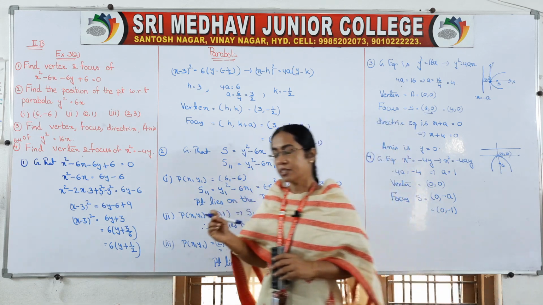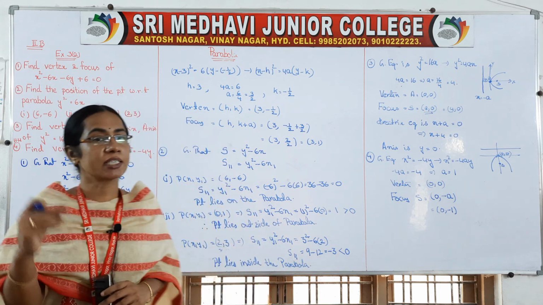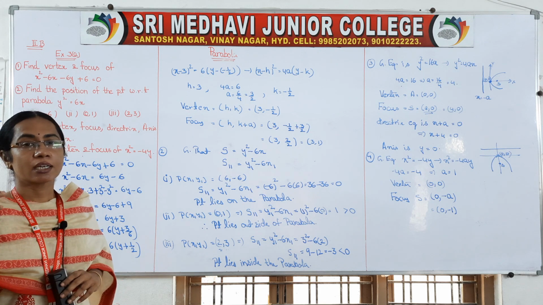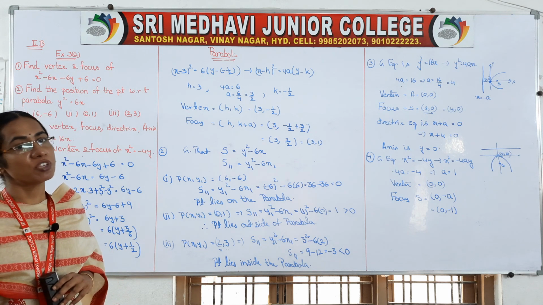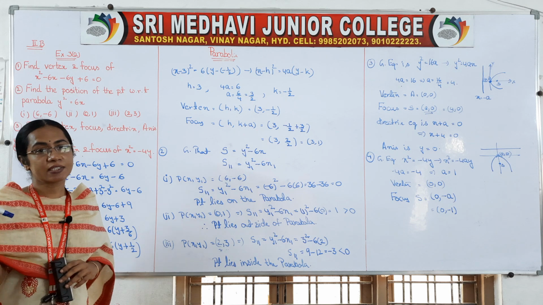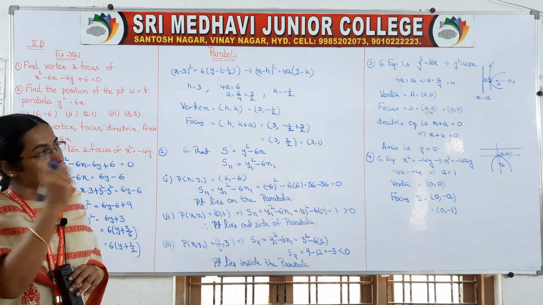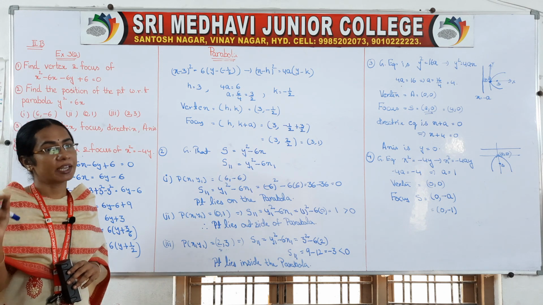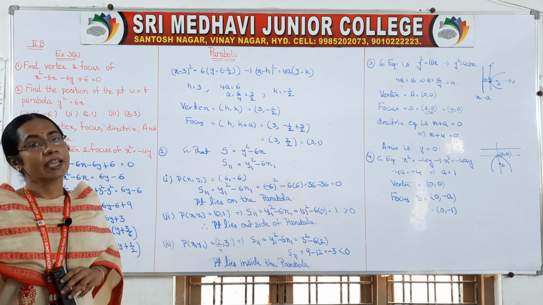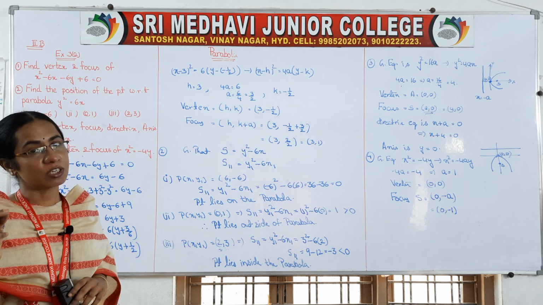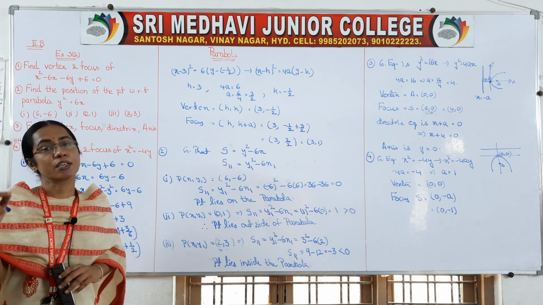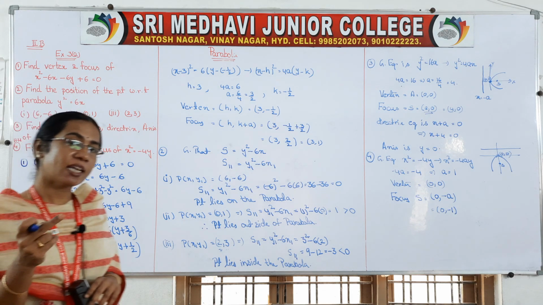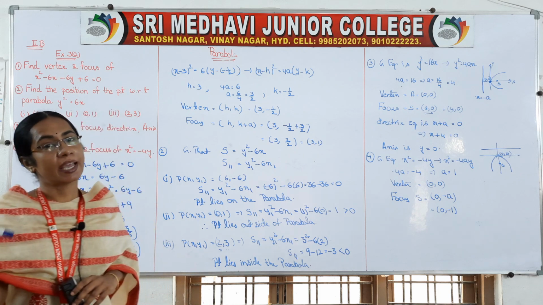And what is the definition of a parabola? I said SP by PM is equal to 1. That means it is the curve made by a point which moves such that the distances of that point from a fixed point and a fixed line maintain a constant ratio. That ratio is called eccentricity, denoted by the small letter e, and if e is equal to 1, it is a parabola. Next, if e is greater than 0 and less than 1, it is an ellipse.